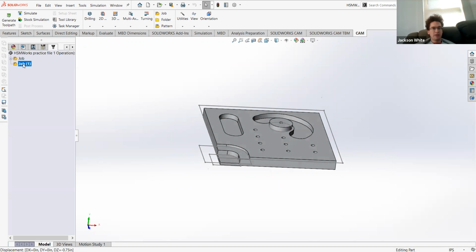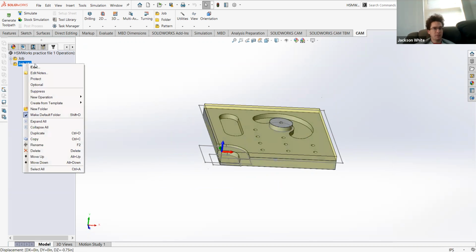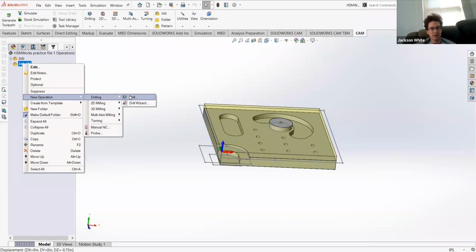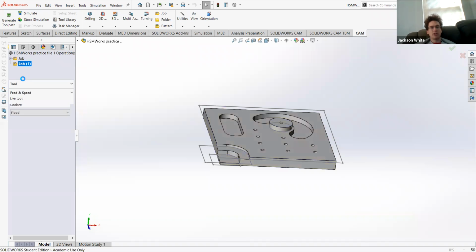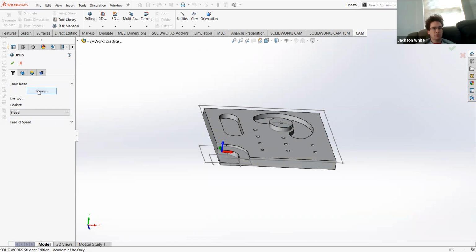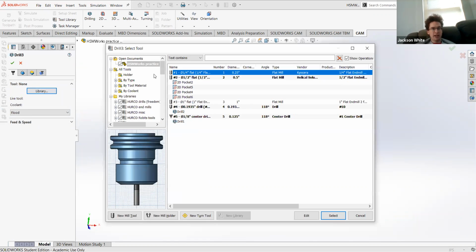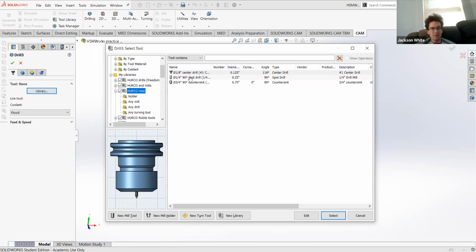And then you have your job. You need to create a new operation. In this case, we're doing a drill. So the first thing you need to do is select the tool. And hopefully you've gotten all the libraries from the guide. What we want to do here is Herco MISC, and we want our 1/8 inch center drill. That's the first thing we pretty much ever do on any of the parts is a center drill. So you select the center drill,